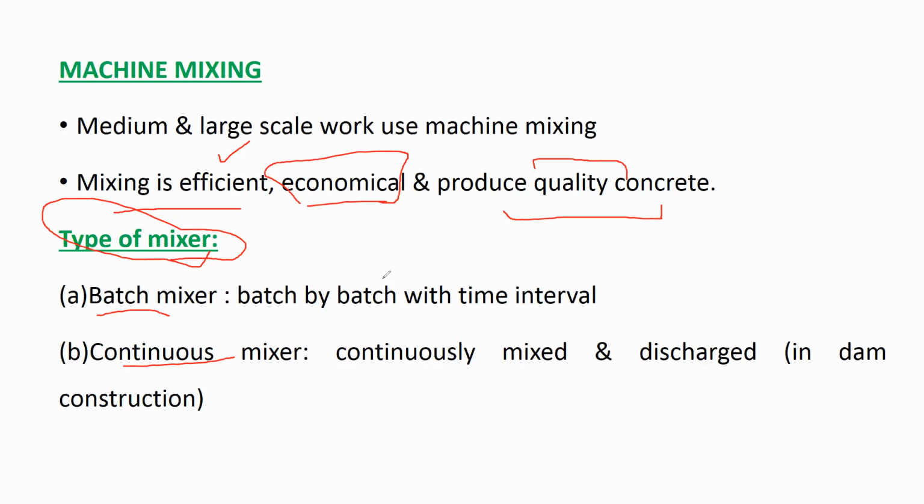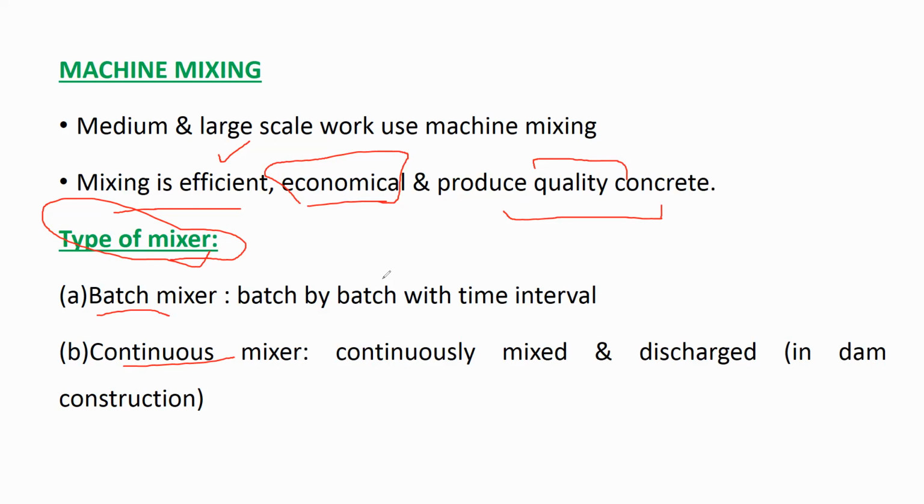Understood? You might have seen this one, a water machine. Usually when water comes in the homes, they put up a machine to suck the water in a faster way. From one end the water will enter the machine, from the other end the water will come out. Like this, from one end we are putting all the ingredients into the machine. From another end you are getting prepared concrete.